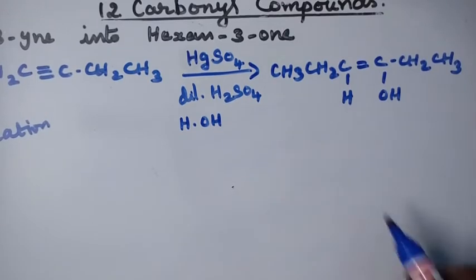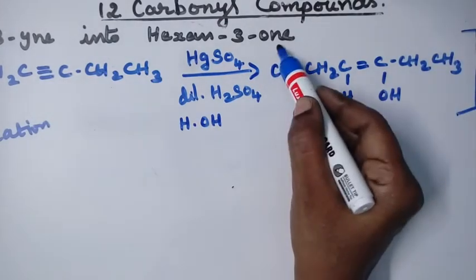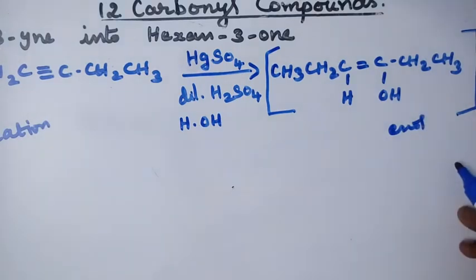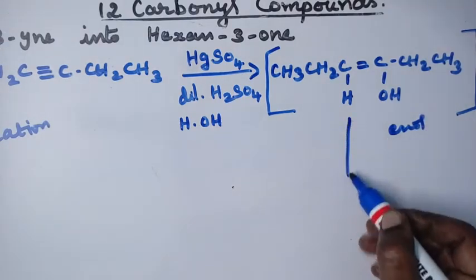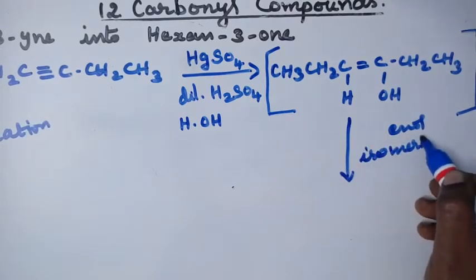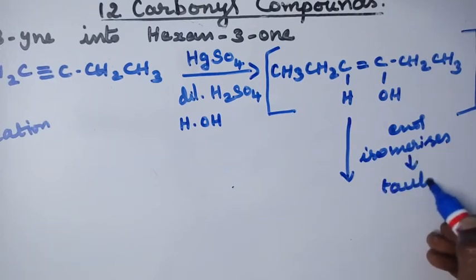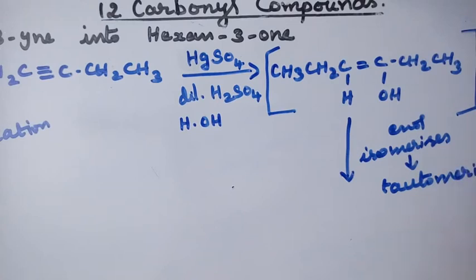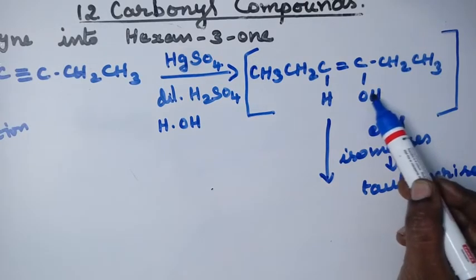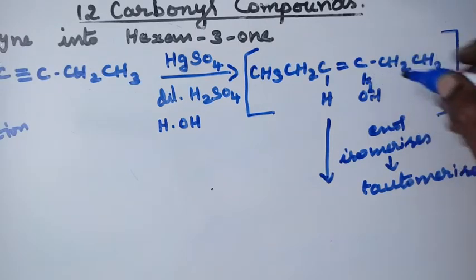On treatment, we get this compound formed, CH and OH, and this is an unstable compound, and it is the intermediate. It is an enol form. This intermediate compound isomerizes, the isomerism is tautomerism, or it tautomerizes. Here what happens is the bond between this oxygen and hydrogen is shifted to this carbon, and